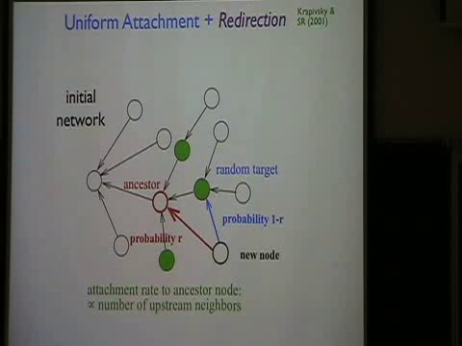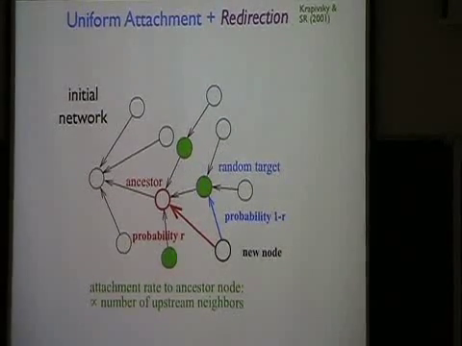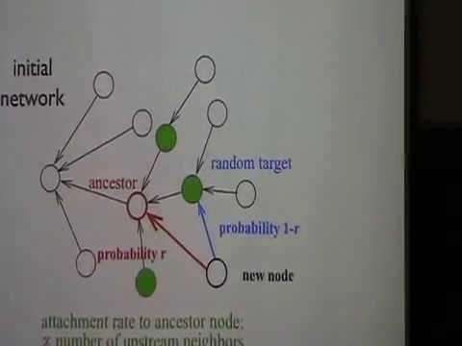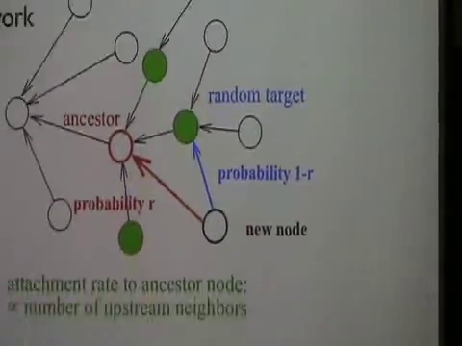And so this is another important aspect of this model, which, if any of you are simulating complex networks, I highly recommend, because this algorithm, as you're going to see, produces linear preferential attachment. But the thing is that this model involves only local information. I just attach to a node at random, and then I go to an ancestor node. It's an order 1 number of computer steps to derive it.